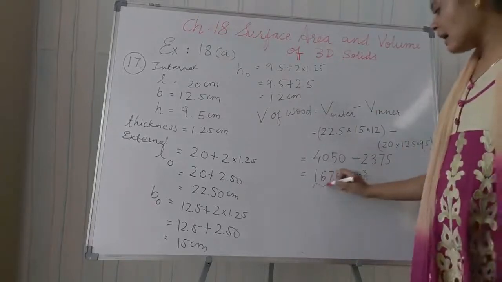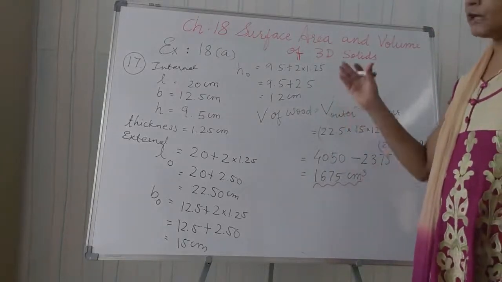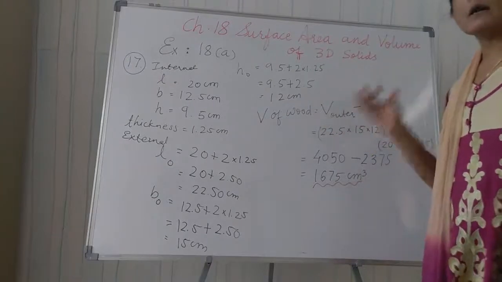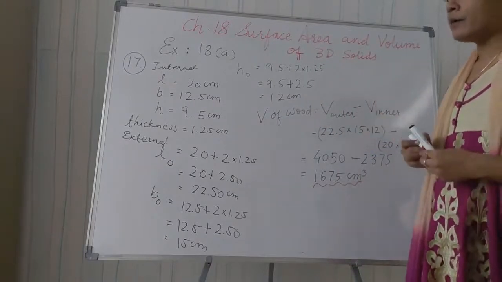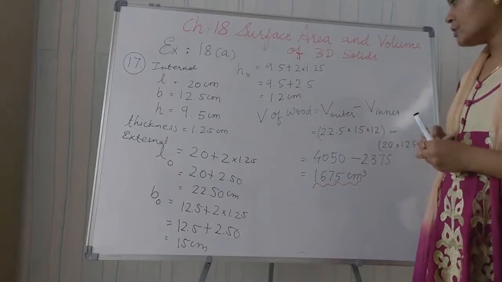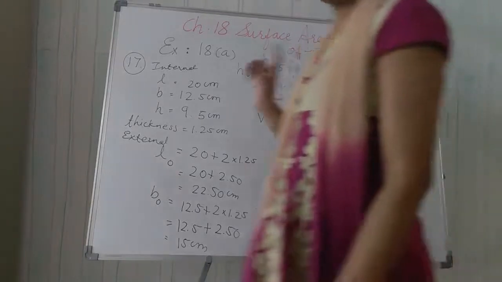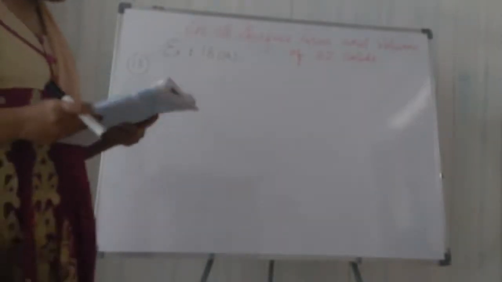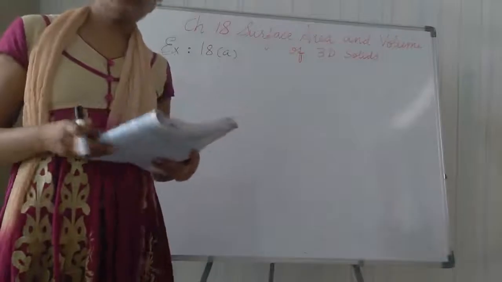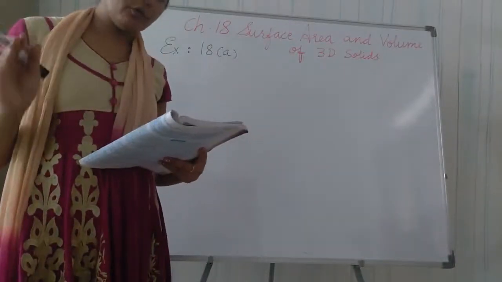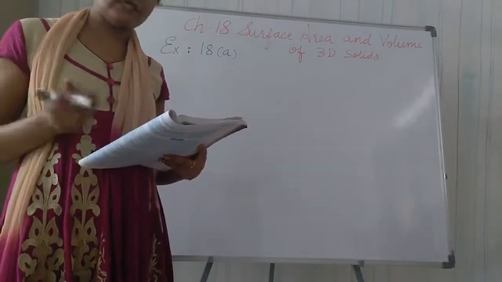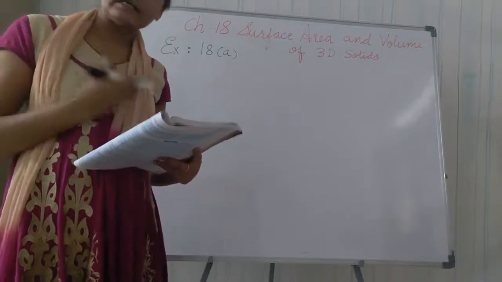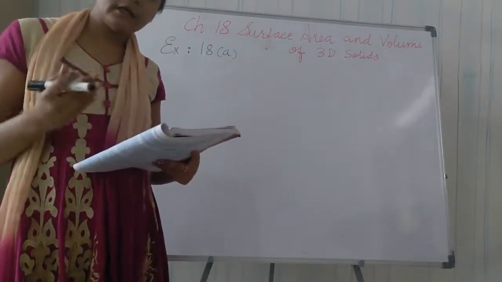Whenever thickness is given in the question and you are asked to get the volume of the wood required, you have to solve the same way. But remember one thing, that here the box is closed. Now students, I will explain question number 18, and you have to solve it by yourself. In question 18, find the volume of wood required for making the open box. As I told you, in the last question it was a closed box, here it is an open box.